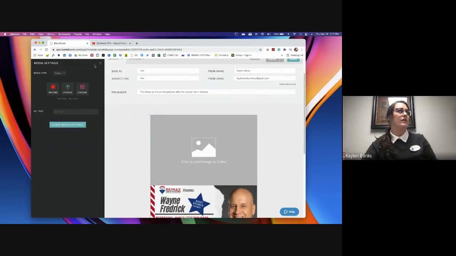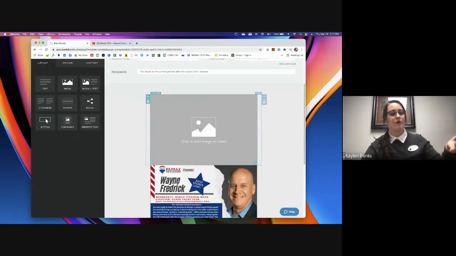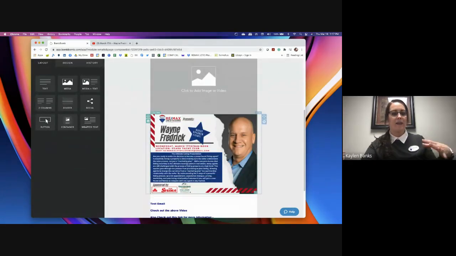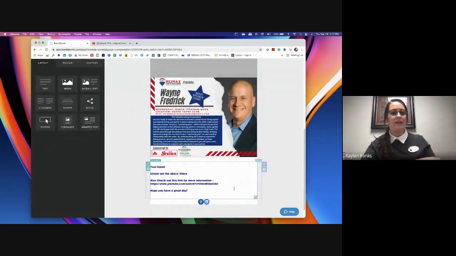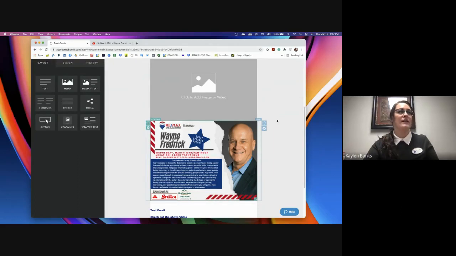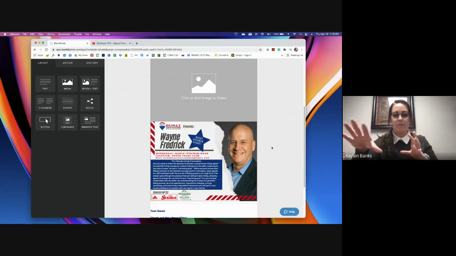And again, I use this a lot because sometimes I'll have my own personal video up here. I'll put a divider in between the two. Then I'll have my image or whatever, and then my email. So again, you can input anything from this that you want. I haven't really messed around with two columns or anything, but I'm sure it's really cool. You just get creative with how you want your email to look, and don't be afraid to just click around. You can always delete things by hitting the settings button and just delete. So does that make sense on how to input different things